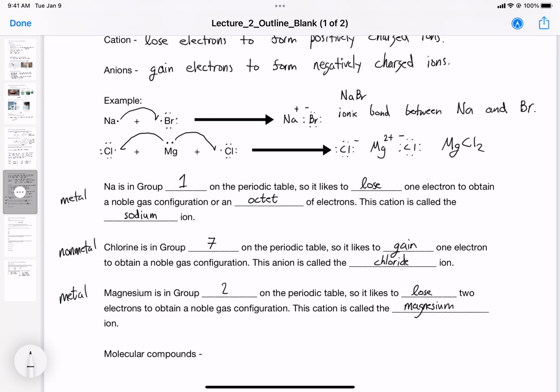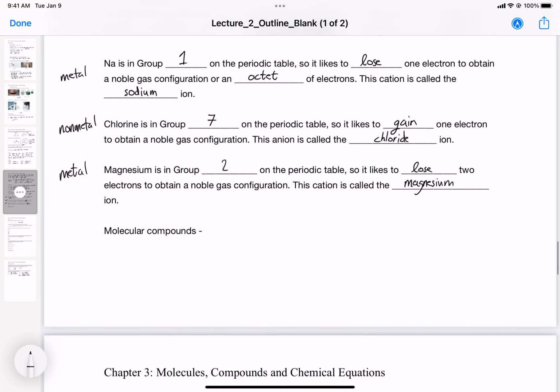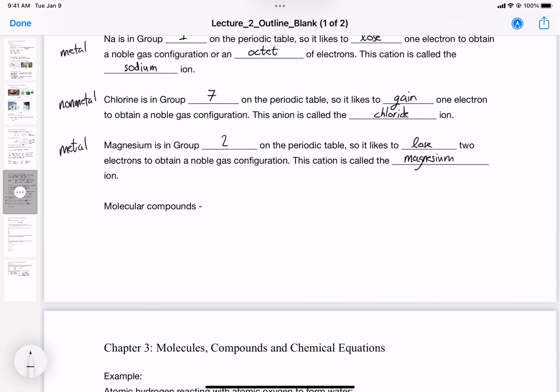Okay, so that's ionic compounds. Now let's go over molecular compounds. What are molecular compounds? So molecular compounds are compounds